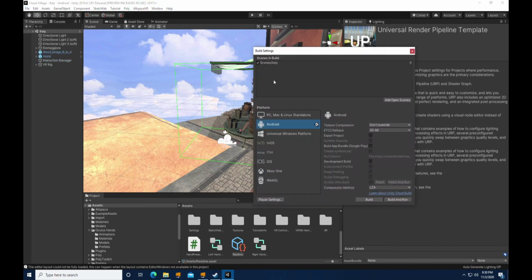And I suspect you've already done this, but basically I've just got the single scene which I'm going to build. I'm on Android. If you weren't on Android at the moment, you'd have to swap to Android, and it says switch or something like that down here, but this is okay. And I'm not going to use build and run, which you use when you've got a plugged in headset. I'm just going to use build,